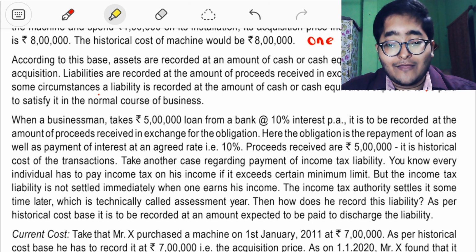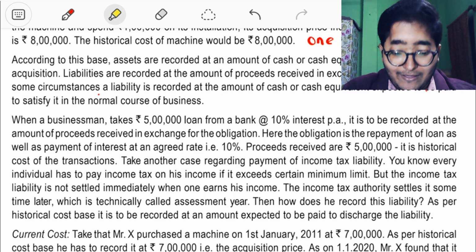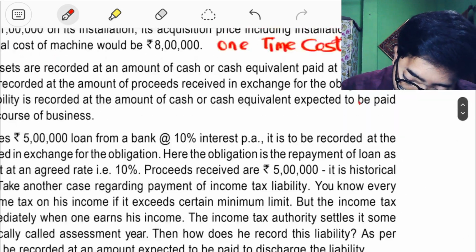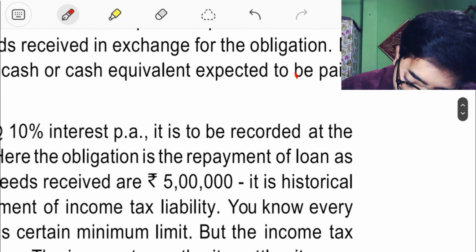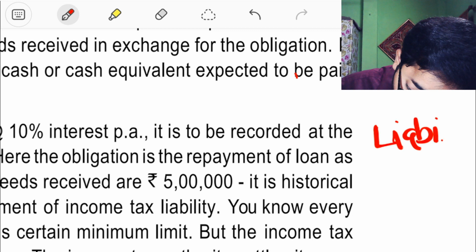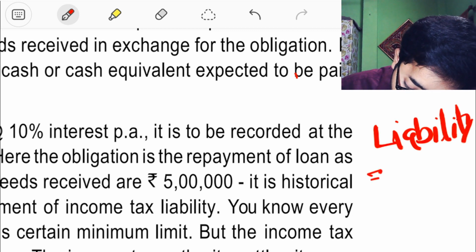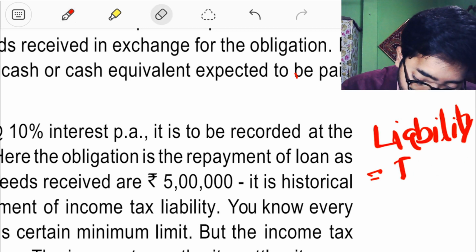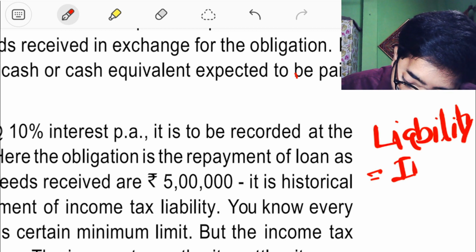यहाँ पे मुद्दा क्या है या फिर समरी क्या है? What is the summary? The summary is the liability equals to, I want to write it again, the liability is equals to